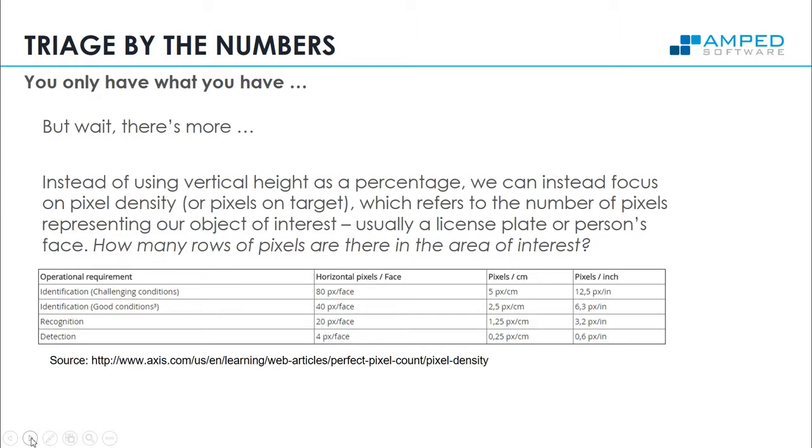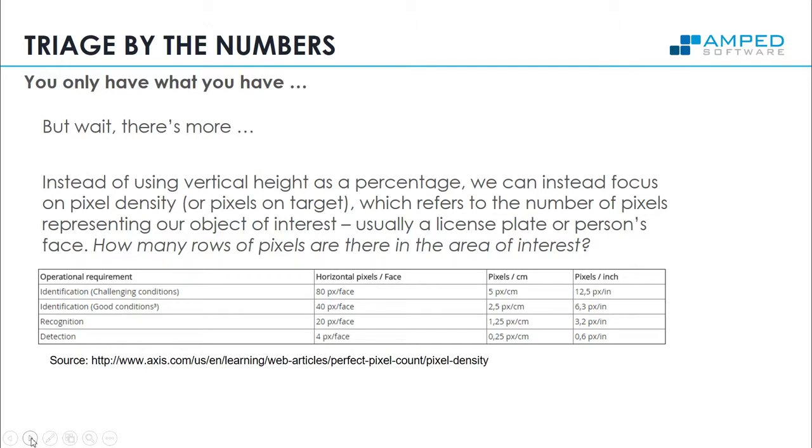For detection, just to recognize that somebody is human, for example, I can get by with much less. But I want license plates, I want faces, and to get there, depending on the distance to target and compression, somewhere between 40 and 80 is the minimum amount of pixels on target that I would need